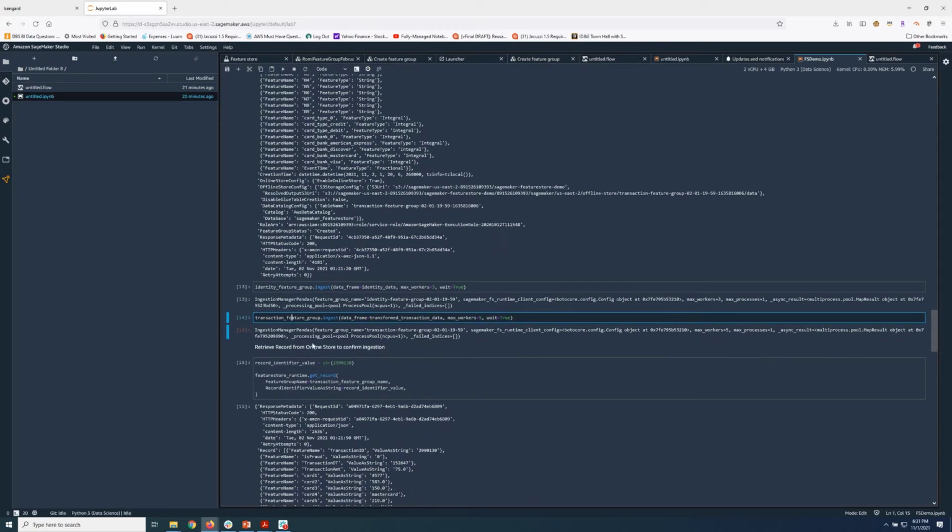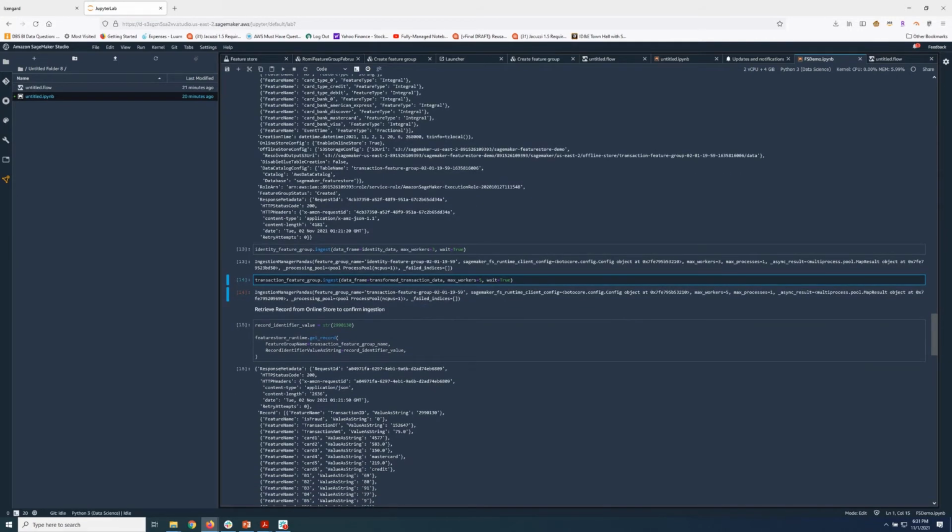Once the ingest completes, we would like to actually read from the feature group.